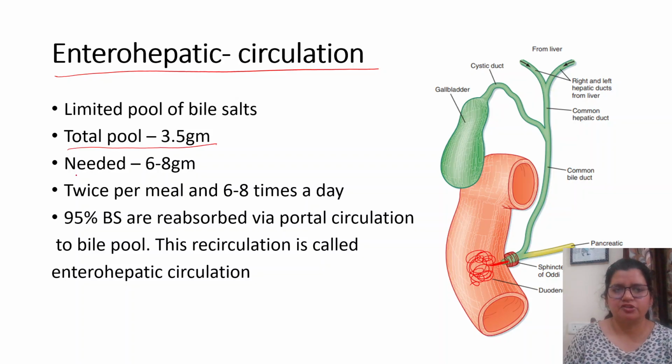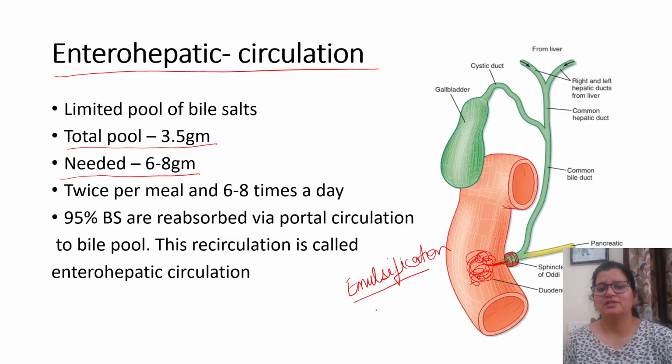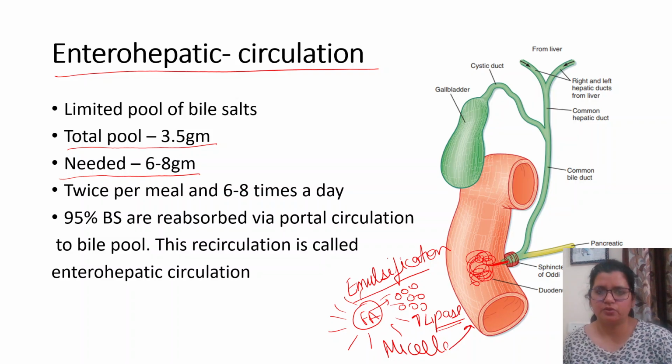But for our digestion of fats, what does bile do to fats? It helps in digestion by emulsifying the fat. You must be thinking, what is emulsification? You can visit my video on digestion and absorption. Emulsification is the conversion of one fat droplet into very small ones, so that lipase can act on them. Then the bile salts arrange around the fatty acids, which are the digested products, and form micelles, and ultimately that is absorbed in the duodenum.